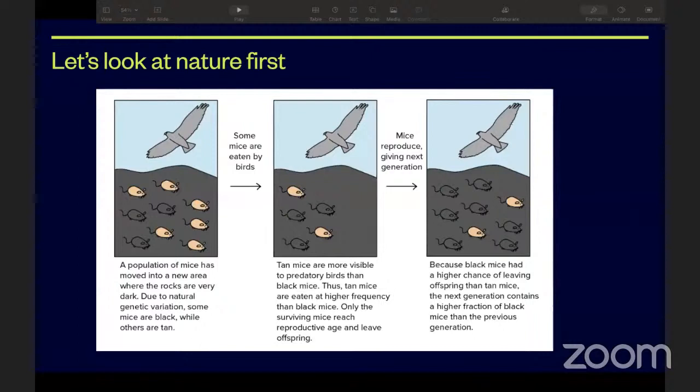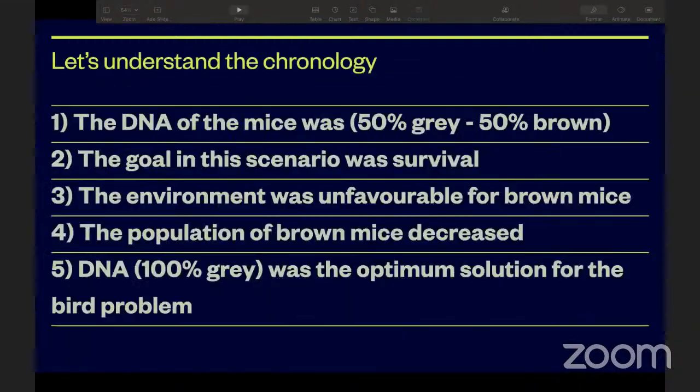But then these eagles started eating a lot of brown mice. Fast forward a couple of centuries, and we have a lot of black mice present. So the population of mice had experienced a genetic drift, from a 50-50 population of black and brown mice to a near 100% population of black mice. Let's look at exactly what steps are followed here, and how nature achieved this.